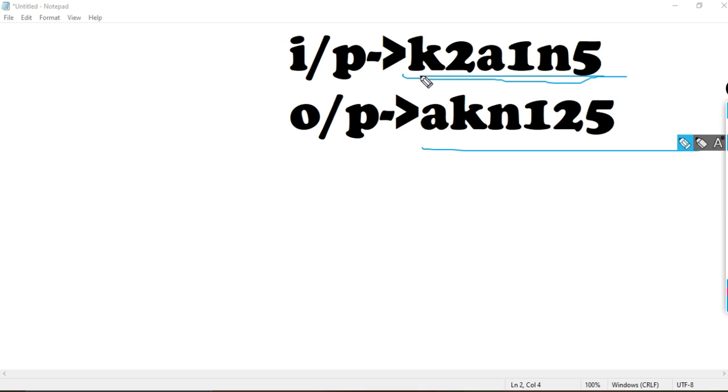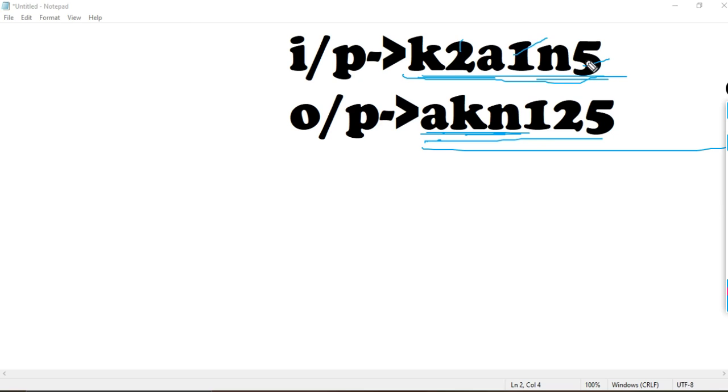So we are just sorting the characters, and then after it we are sorting the numbers, and after sorting the characters and the numbers, we just merge them. Then the output should become, guys, you can see here the characters are A, K. So when we sort these, we get A, K, and here is 215.